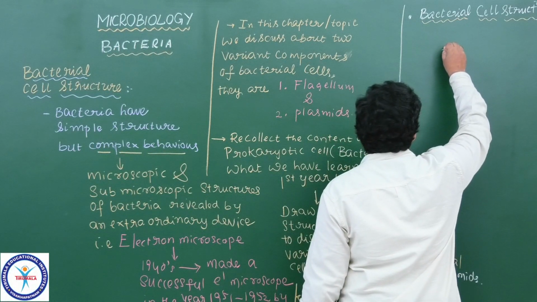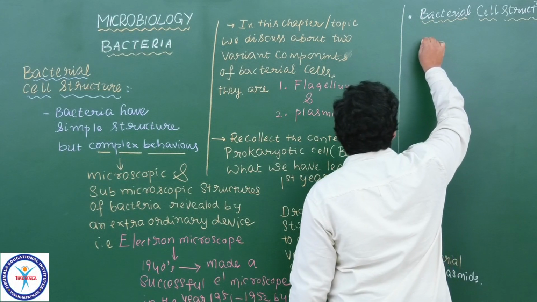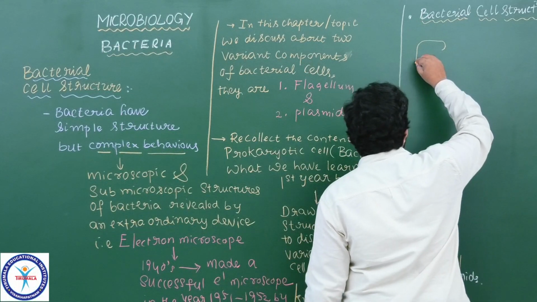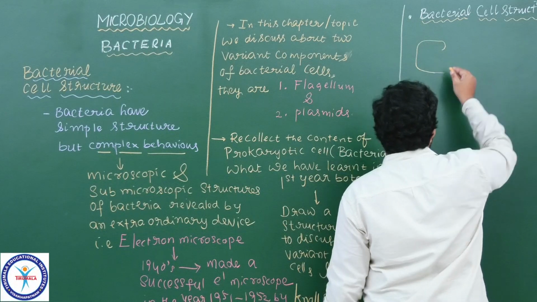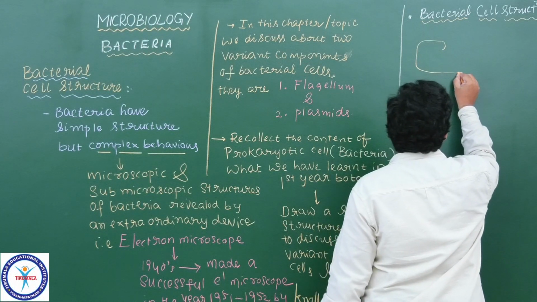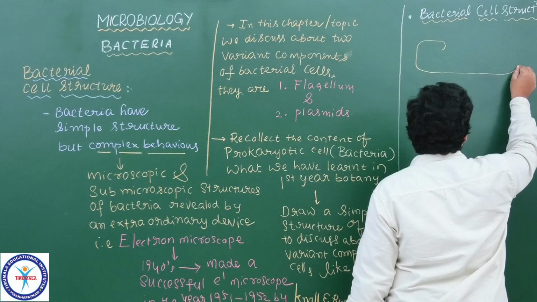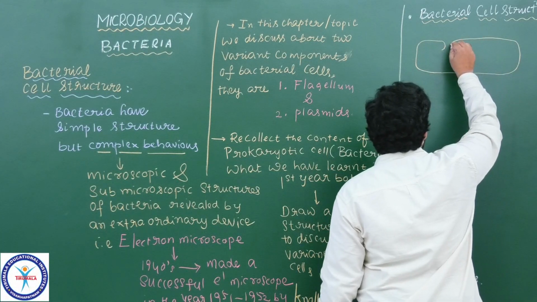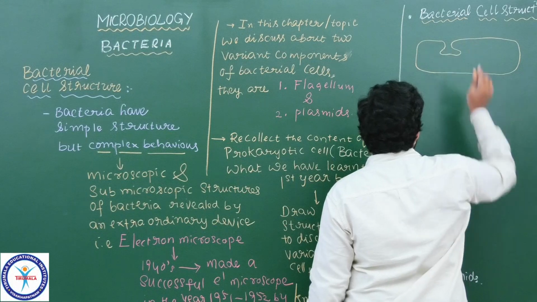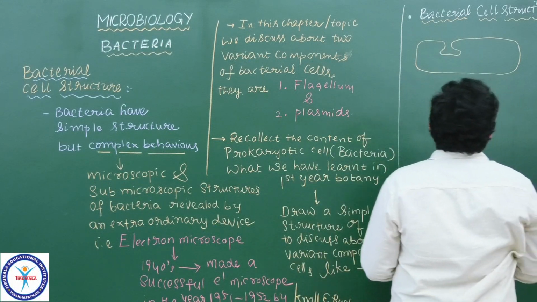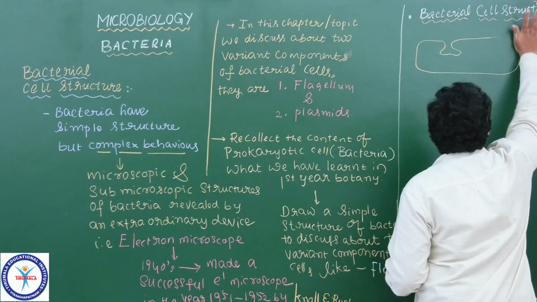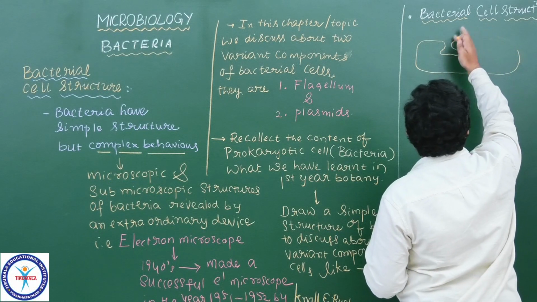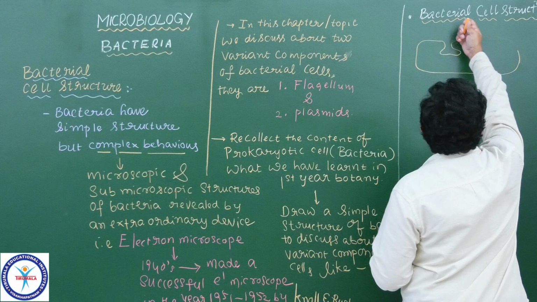See, mostly we prefer to draw the bacterial cell. What type of bacteria do we draw? The most available bacteria we use in laboratory conditions for many purposes is the bacillus bacteria, or rod-shaped bacteria, you know. So that is easier to draw here. Please draw the simple structure of a bacterial cell. Draw a very neat and clean diagram.